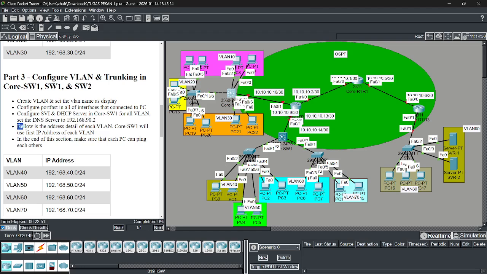192.168.90.2. Below is the address detail of each VLAN. Core switch 1 will use the first IP address of each VLAN.